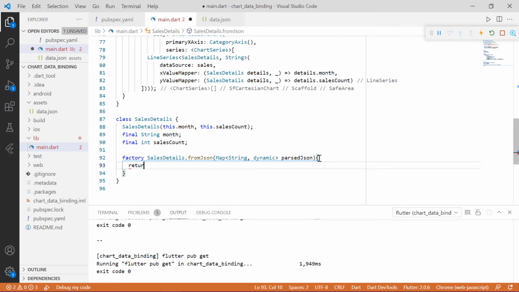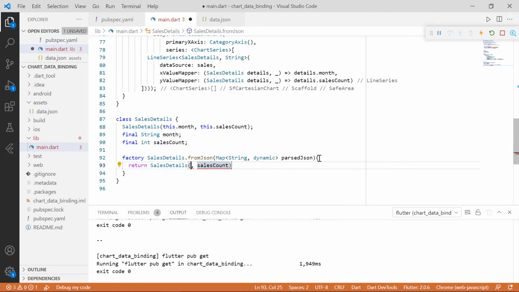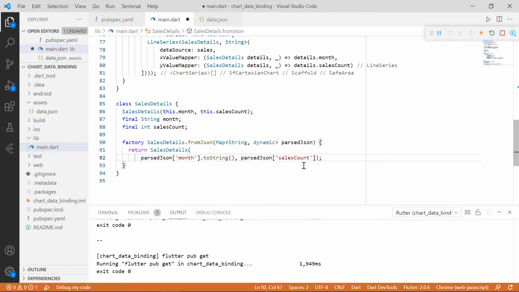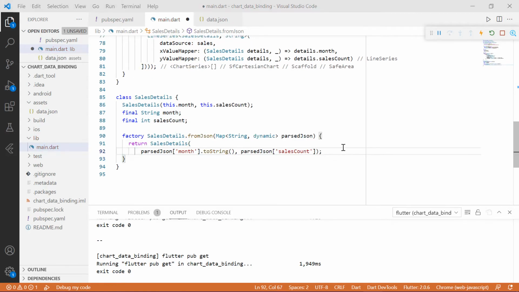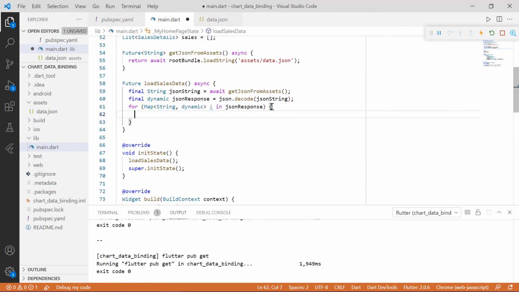Within this, return the fields. Now let's push data to the sales list using this newly created constructor.